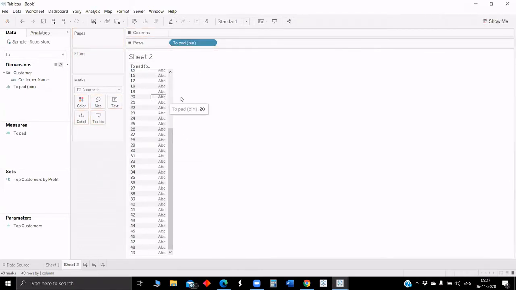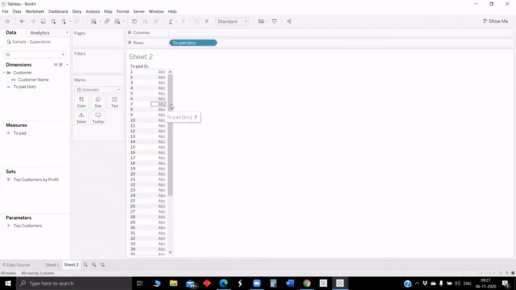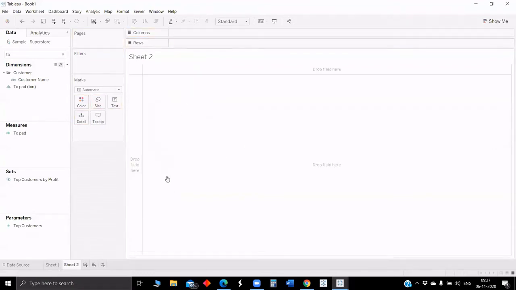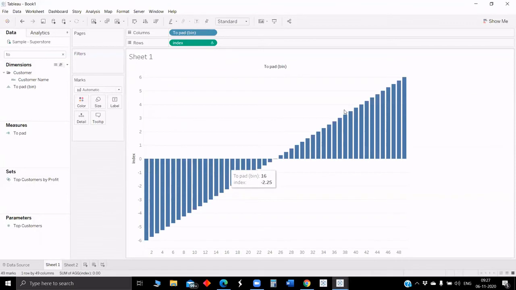So first, just to get the length of the curve, we made a condition and manipulated it in the bin from 1 to 49. We used the index function and made up the range from minus 6 to plus 6 instead of getting index from 1 to 49. So currently we have done these steps. Next, we have just got the line like this. We have to smoothen this using some curve.